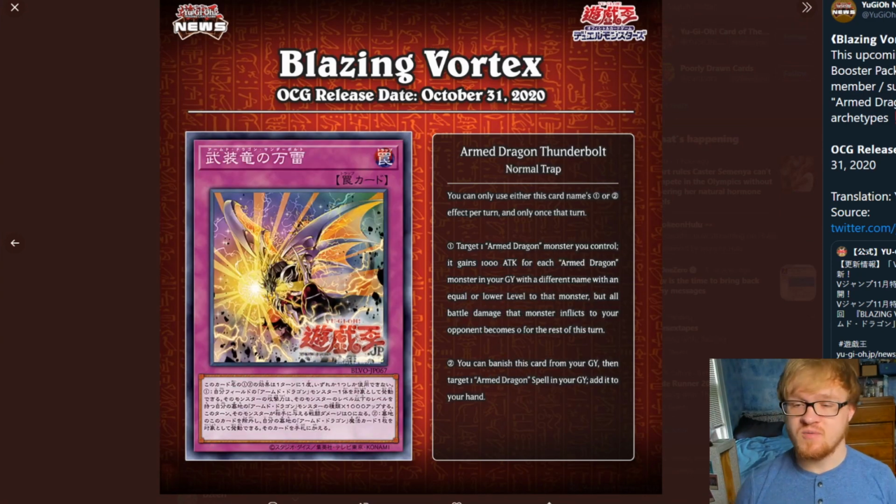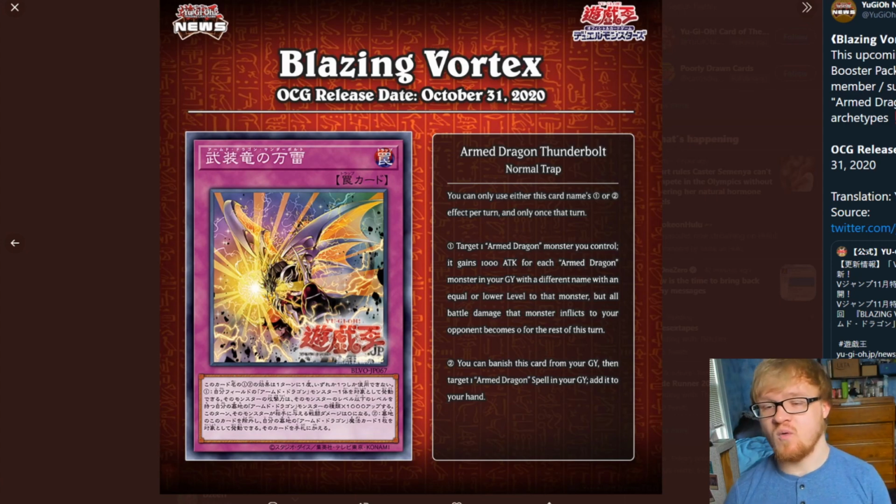And finally, Armed Dragon Thunderbolt, which is I guess how Konami wants us to get that level 10 monster to 10,000 attack points. So this thing says target one Armed Dragon monster you control. It gains 1,000 attack for each Armed Dragon monster in your graveyard with a different name with an equal or lower level to that monster, but all battle damage that monster inflicts to your opponent becomes 0 for the rest